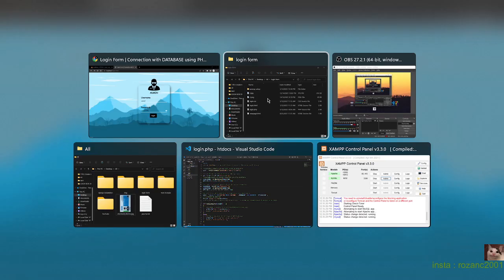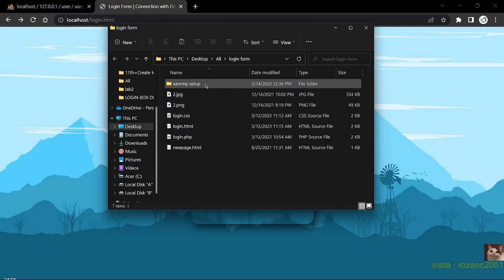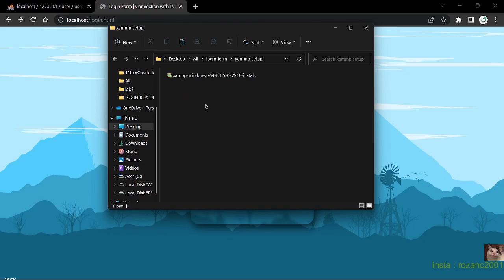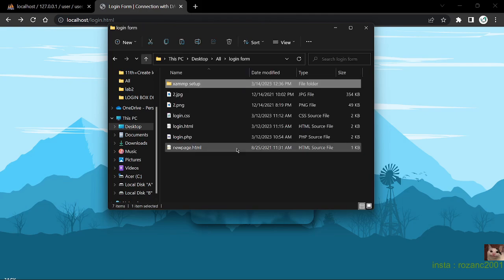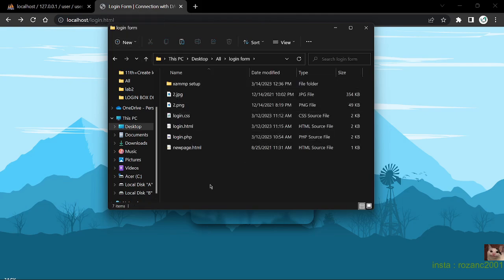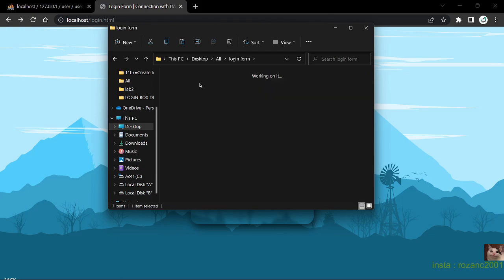Okay, and also one more thing, I have here a XAMPP setup, so we need to install this XAMPP first of all. Okay, we need to have this XAMPP, so I'm providing this XAMPP in the video description. So you need to download the source code so you can have this XAMPP setup. So first of all, just install this XAMPP on your computer. Okay,